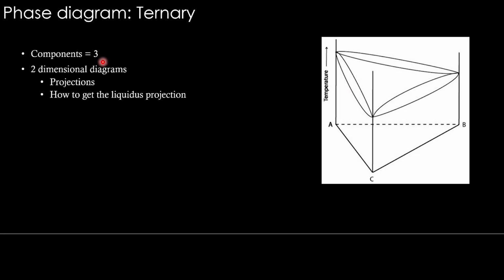Now this is a good time to learn about ternary projections. This is going to be a 3-component system. A 2-dimensional diagram we are going to make, that is going to be the projection. So it's going to look like the Gibbs triangle. Within that, what we are going to have is not simply the phase stability regions. We are going to have something different that is called a liquidus projection. We are going to project liquidus lines in a certain way in a 2-dimensional picture. That's what we are going to do.